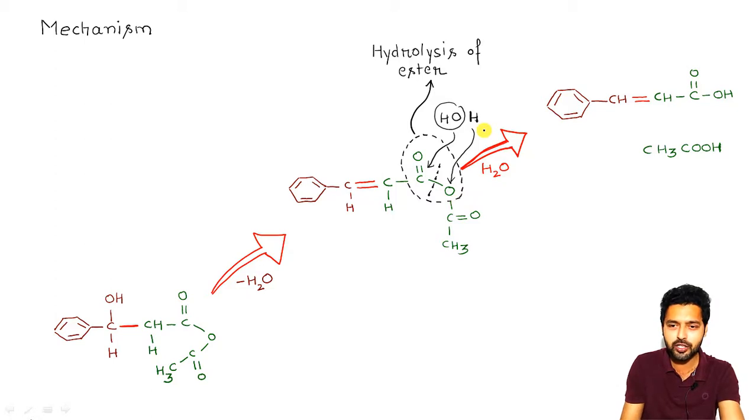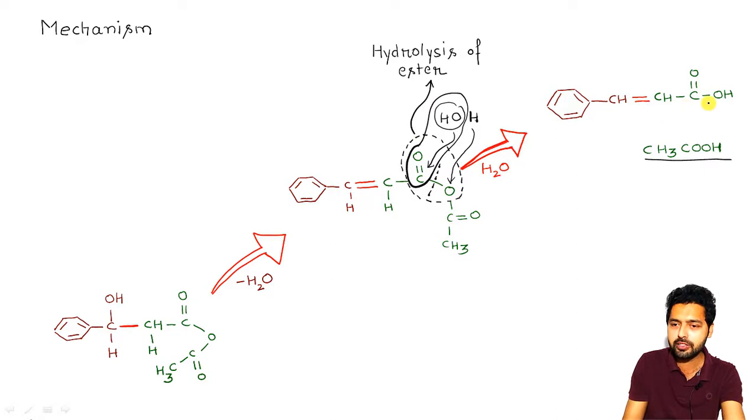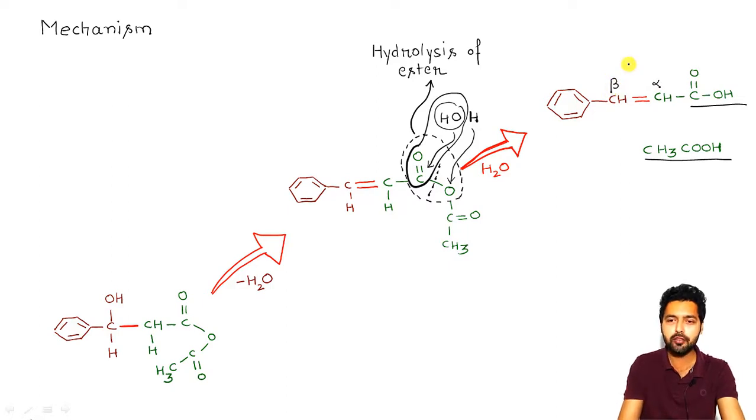In this way it will be generating a molecule of CH3, C double bond O, OH, that is the acetic acid, and this other part will be following C double bond O, and this OH is coming from the water. It will be giving a carboxylic acid here, right? So this is the alpha position. This is the beta position here, and in this way it will result in the generation of the final product molecule, which is the alpha-beta unsaturated carboxylic acid, in this reaction known as the Perkin reaction, right?